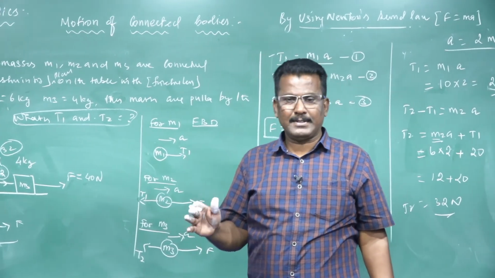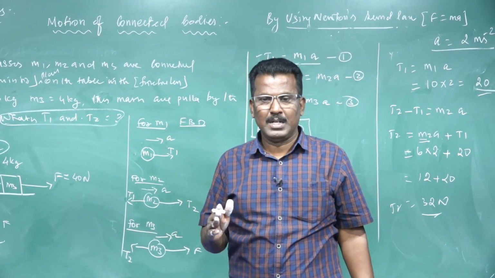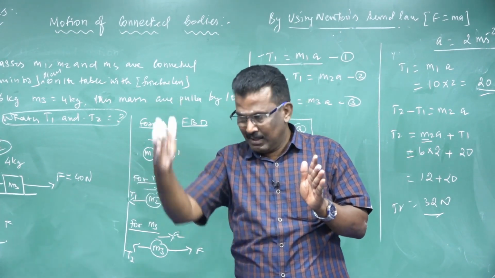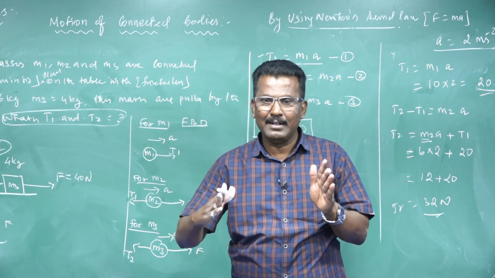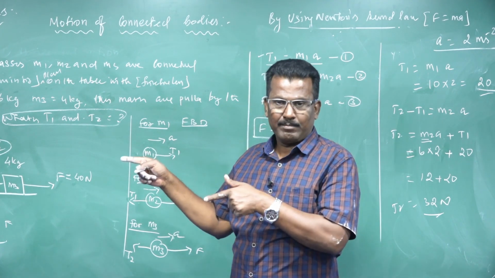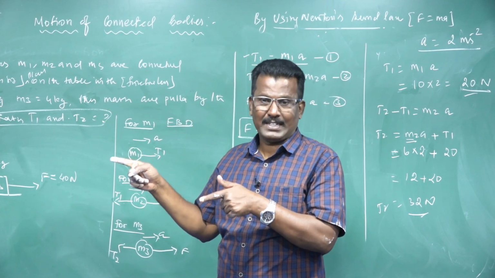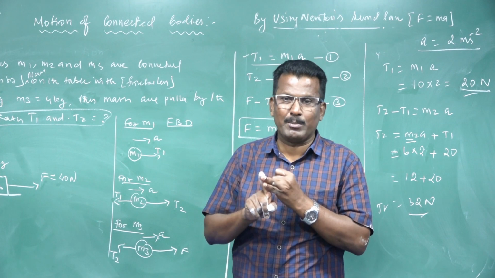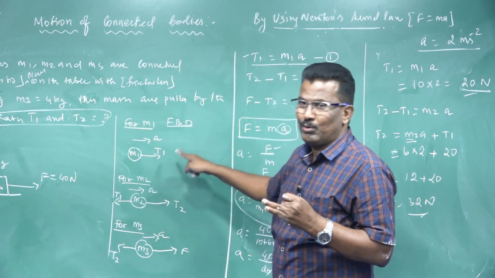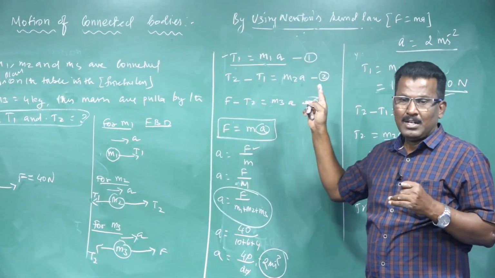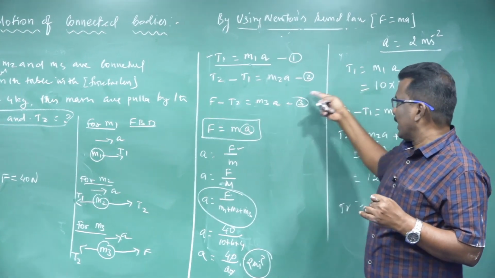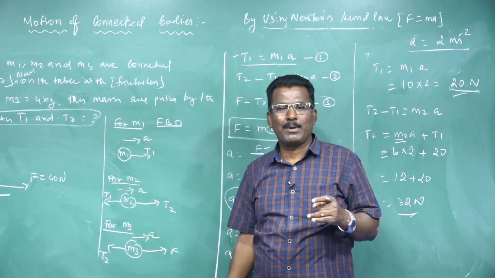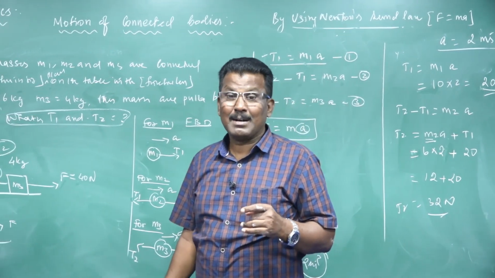So, when any bodies are connected by means of a string and force is applied on the string, either vertically, horizontally or inclined, some tension is produced in the string, and also there is an acceleration effect. The acceleration and the tension can be calculated by using the free body diagram and Newton's second law. By applying the free body diagram, any kind of problem can be solved. We will see some other topic next class.